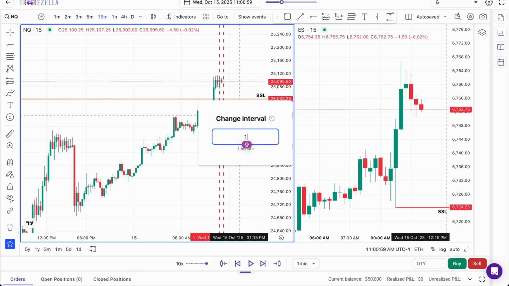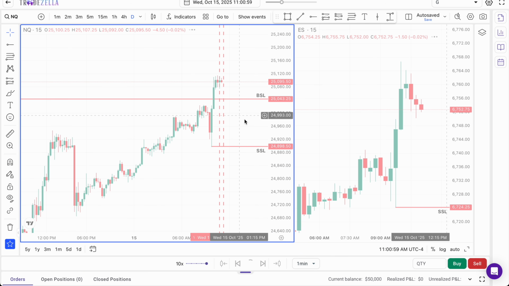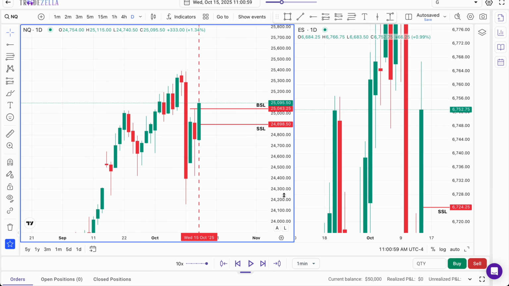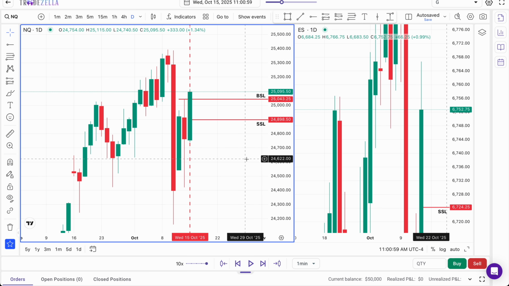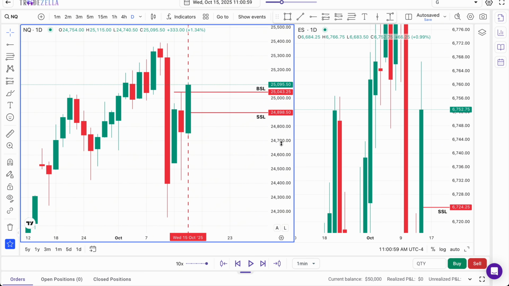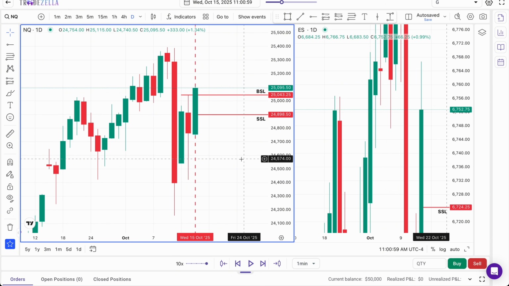So now, with a sweep of buy side, I want to see, do we have a bearish bias? Now, when price takes buy side, we always want to see a bearish bias paired with that, and with a sweep of sell side, we always want to see a bullish bias. Now, you're not always going to get exactly what the market is currently presenting, but we want to work our way down on the daily, the 4-hour, the hourly, the 15 and the 5, based off imbalances, and get a result for each one to work out our bias.